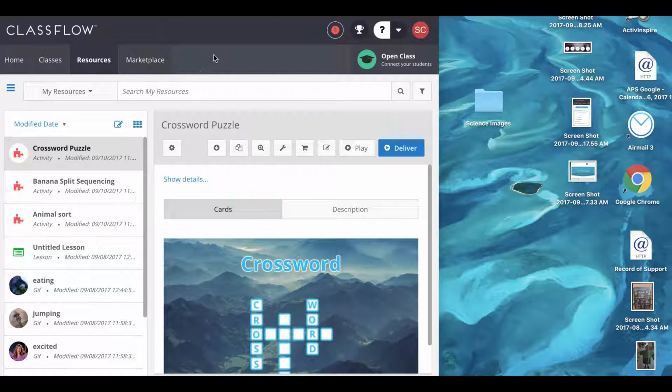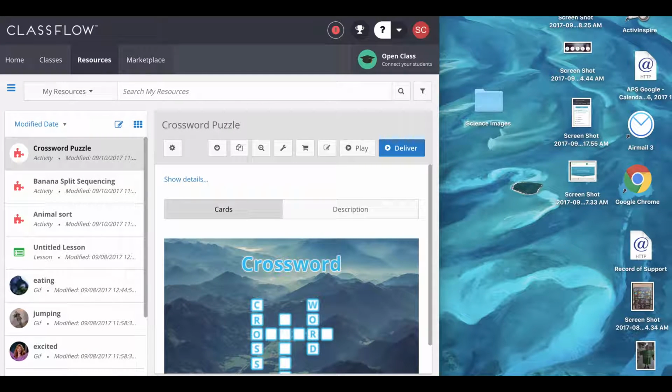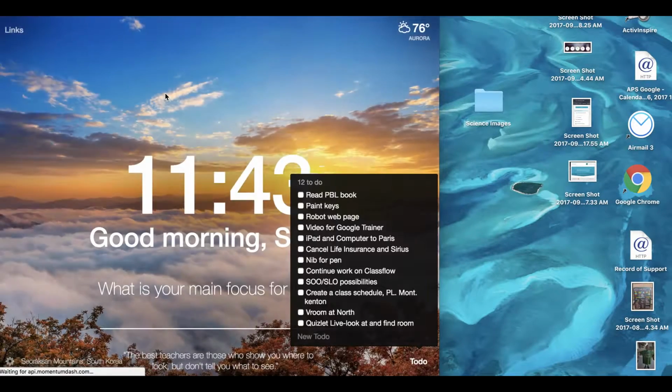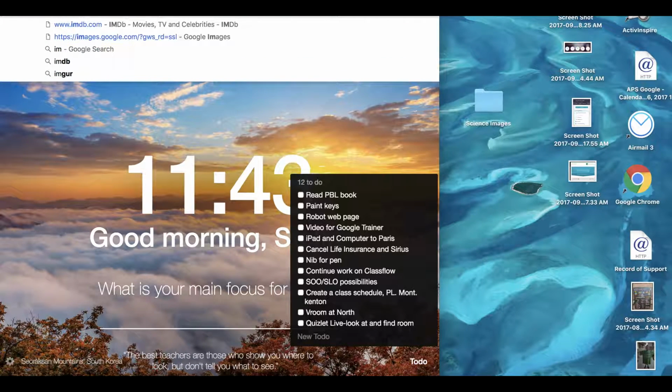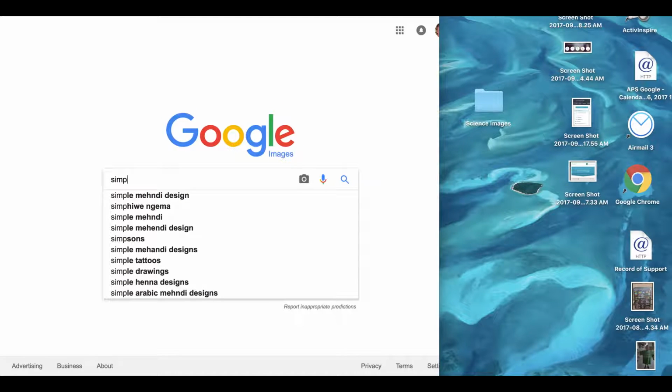Now, one thing to note is that although you can use a number of images, make sure you're not using them and selling your things in the marketplace, because you may or may not have rights to those. So I'm going to go to Google Images, and I'm going to imagine that I'm doing a unit on simple machines. So I'm going to look up simple machines